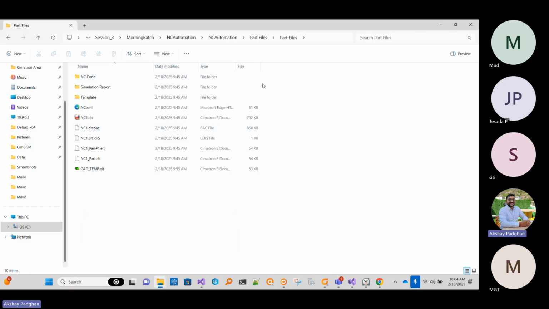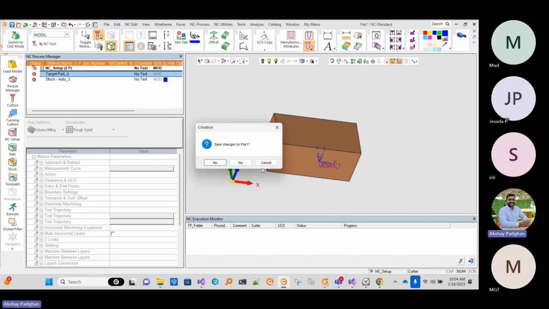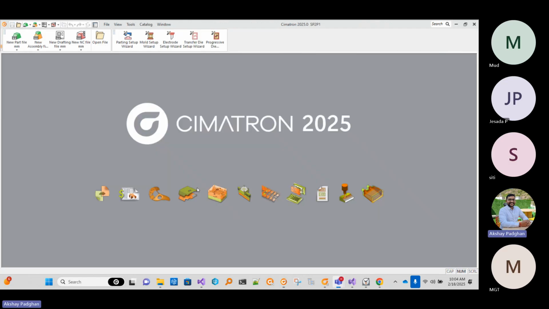The document is already given to you in the chat, in the zip file. If you extract it, you can find a folder, part file, and inside it there is nc1.elt. We have to open it through the program, through API, and try to fetch